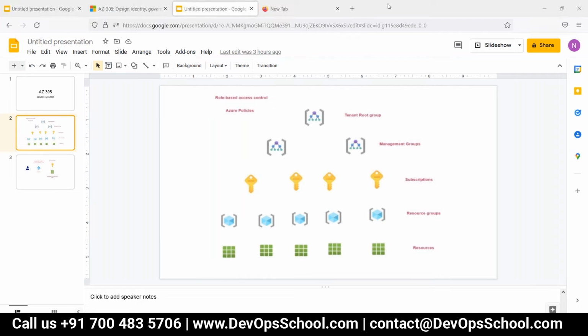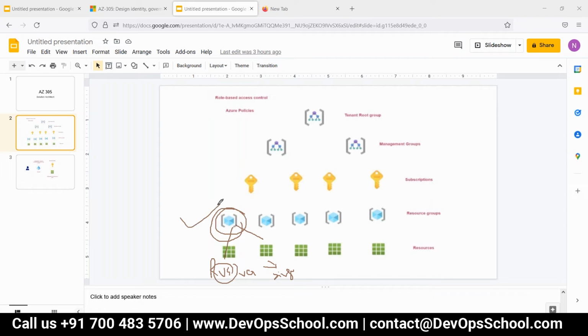These virtual machines can be part of different regions. For example, this is the US region, say US Virginia maybe, and this is in, say, Singapore. Is that possible? Within a resource group, there can be resources which are in different regions. This is possible, but the resource group has its own region.